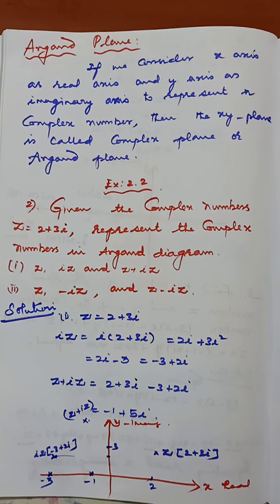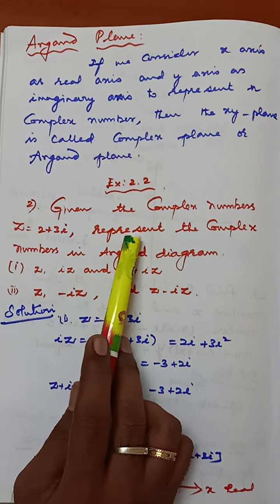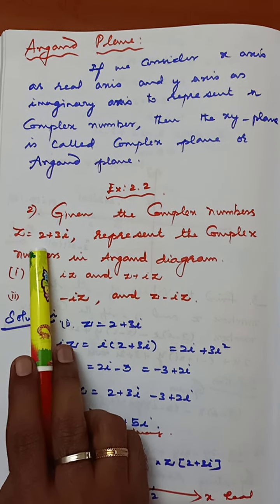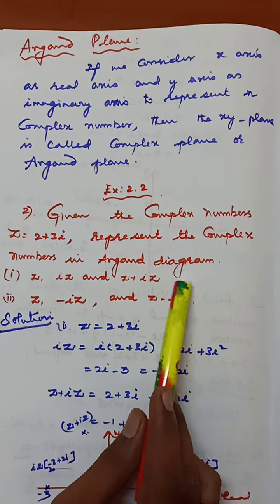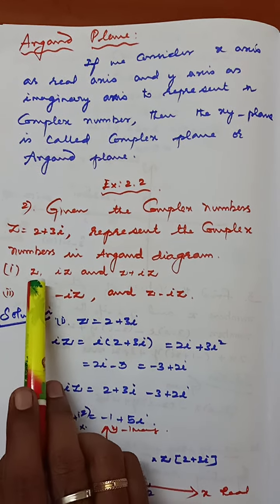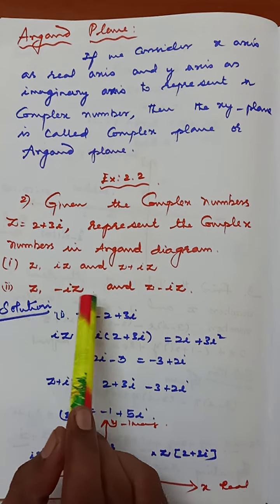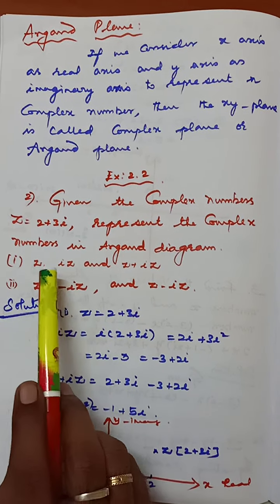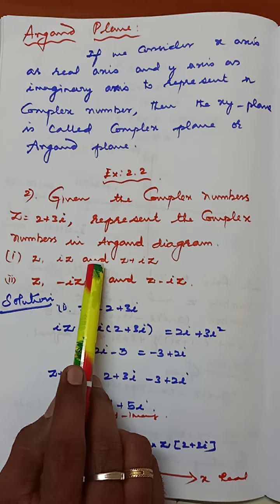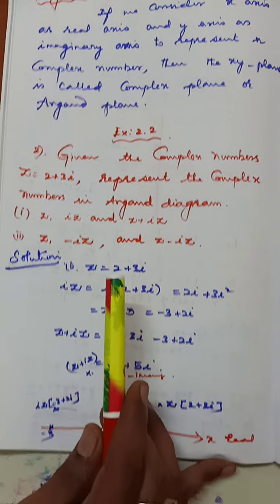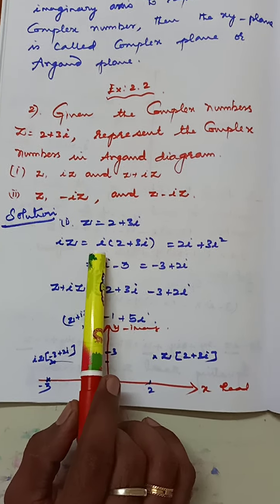Okay, now we are going to continue Exercise 2.2. The second question: given the complex number z equal to 2 plus 3i, represent the complex numbers in the Argand diagram. You have three items: z, iz, z plus iz, and in number 2: z, minus iz, and z minus iz. You have to find the values of these numbers, then plot them in the Argand diagram. So z is given as 2 plus 3i, no doubt, and your iz is nothing but i into 2 plus 3i